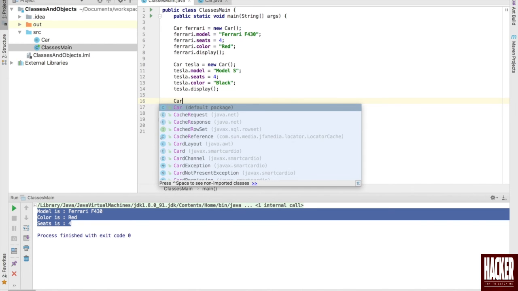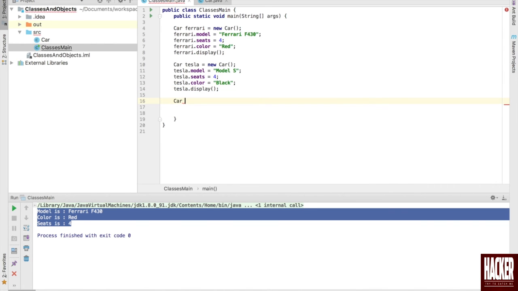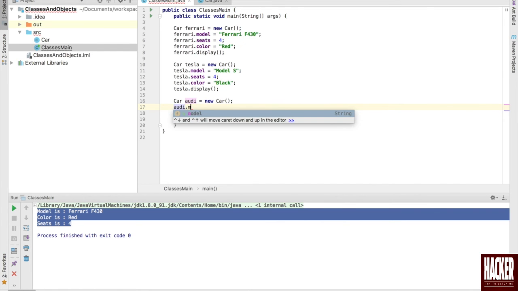We'll create one more object over here, okay, car, let's say Audi, we'll use the new operator, car. Audi dot model, so the model name is SQ5, okay.